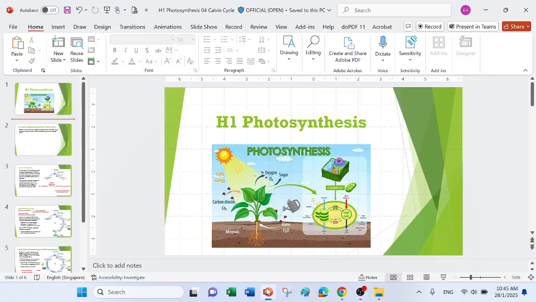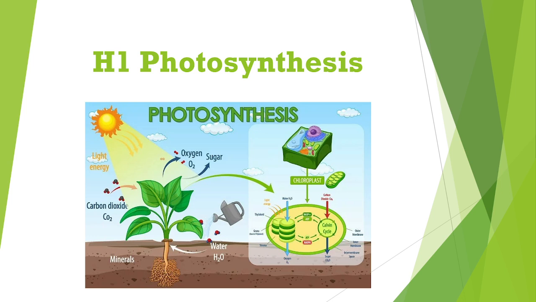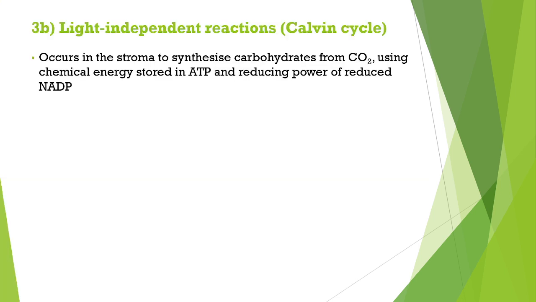Okay, let's look at the last part of photosynthesis. We'll be looking at the Calvin cycle, the second stage of the process of photosynthesis. Okay, so just now, in the previous video, you looked at the light-dependent reactions already, and we saw that